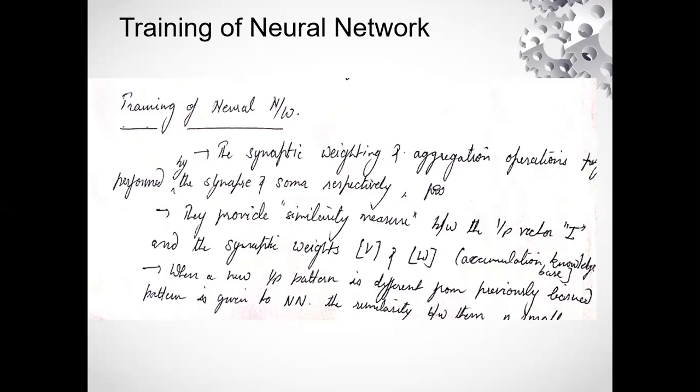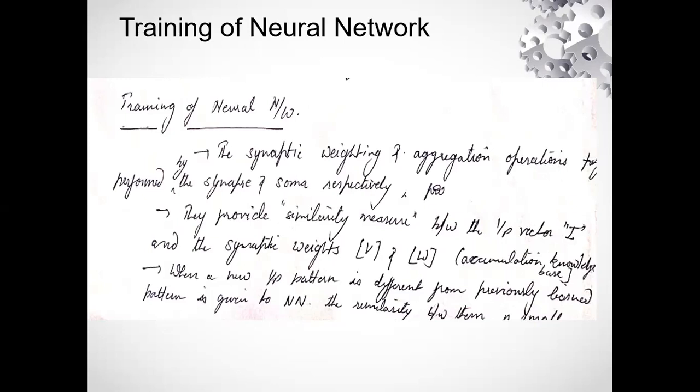Now when we work on the BPN network, how is the training of this neural network done? That is the question. So we are going to understand how the training of the neural network is done. When we train a neural network, what is our agenda? Our agenda is that we have to create an output pattern which is very similar to the input pattern or input vector I. We are going to understand it with a graph in the next slide.